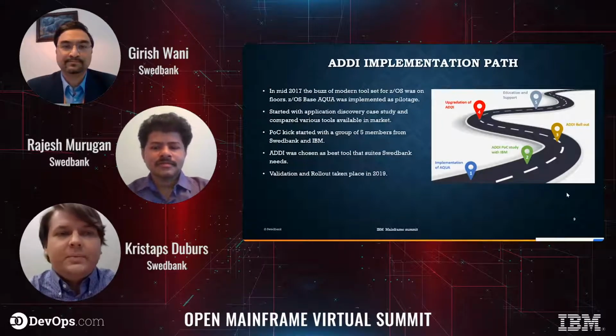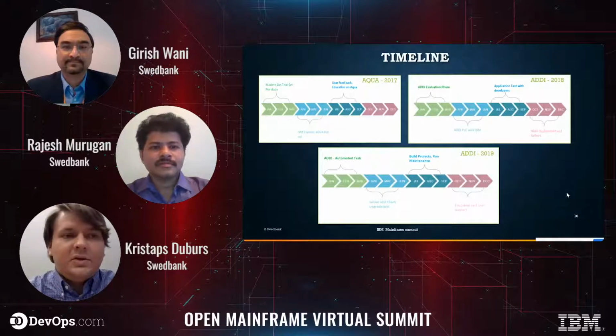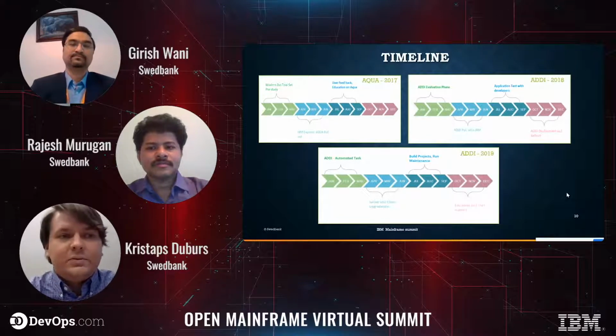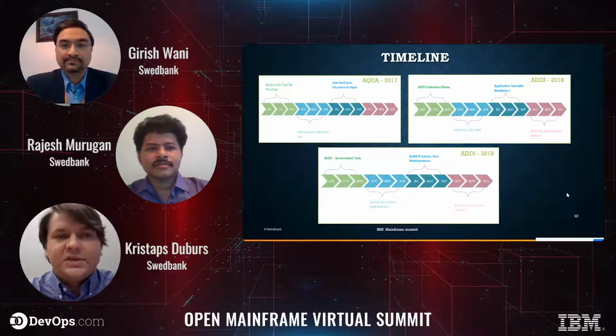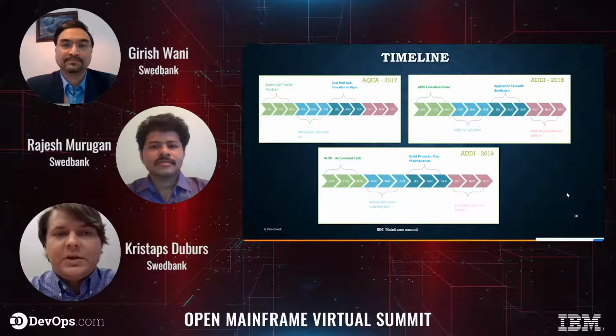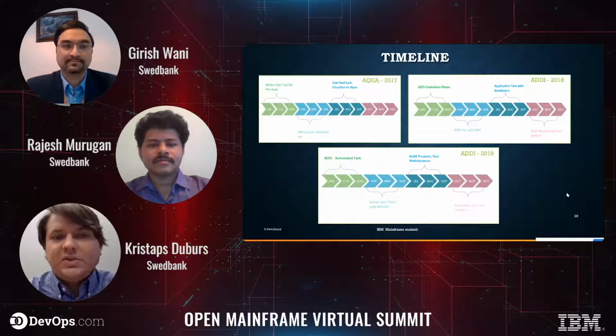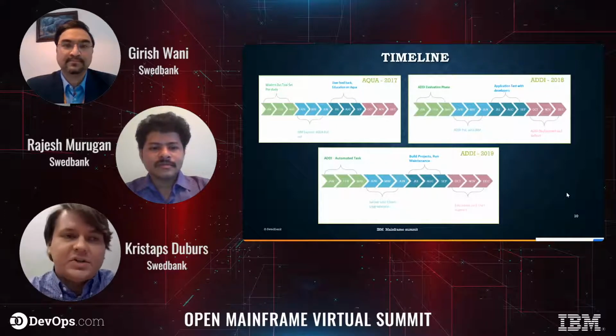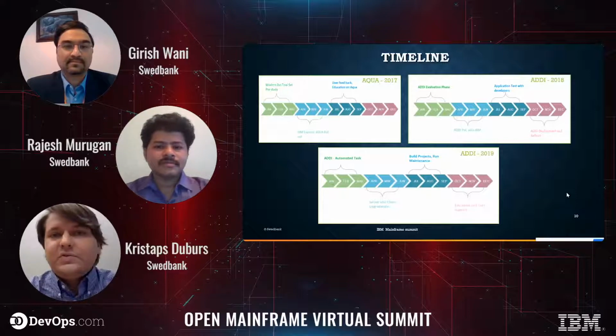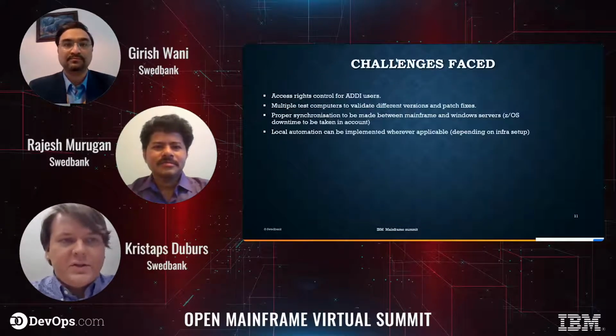And now we can move to the next slide, timeline. And here we can take a better look at the activity timelines mentioned in the previous slide. So 2017, pre-study of the z/OS toolset, IBM Explorer Aqua rollout, user feedback and education. 2018, ADDI evaluation phase, then proof of concept with IBM, application test with developers, and finally deployment and rollout that was finished at the beginning of 2019. And in 2019, we could proceed with ADDI automation tasks, server and client upgrades, project build, maintenance, education, and of course, user support. And if we move to the next slide, challenges faced,